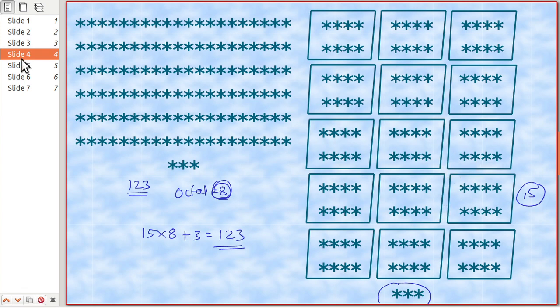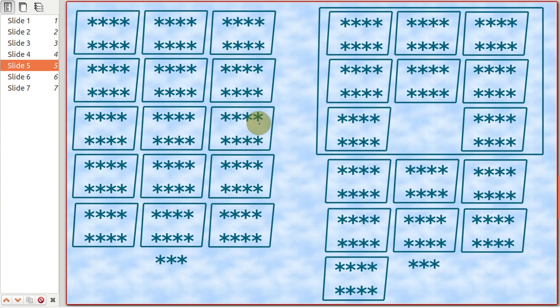Now can we create an even bigger box? So now we are creating a bigger box which contains 8 smaller boxes, right? Initially when we were talking about decimal, we were creating boxes of 10 stars and then packing those boxes into a bigger box of 10 smaller boxes. Now in octal, everything is in base 8, so 8 raised to 1, 8 raised to 2, and so on. So we created a smaller box of 8 stars, and we are trying to pack them into a bigger box which contains 8 smaller boxes, not 10. So this bigger box contains 8 smaller boxes of 8 stars each, so we have 64 stars in it.